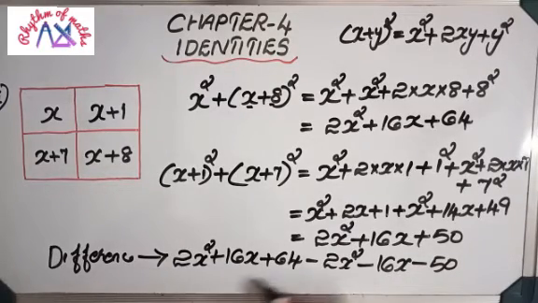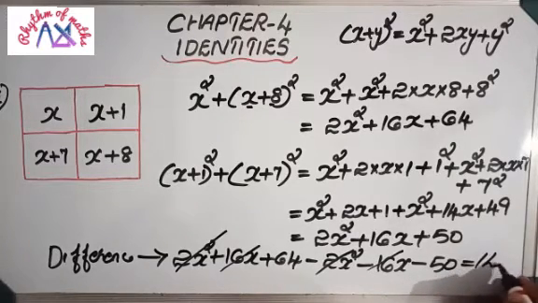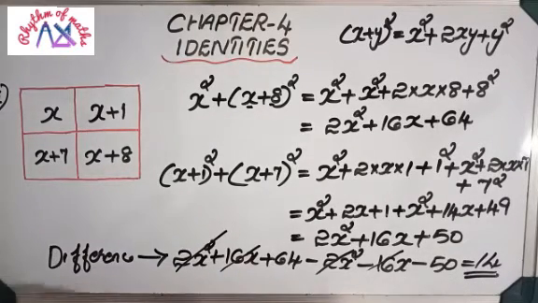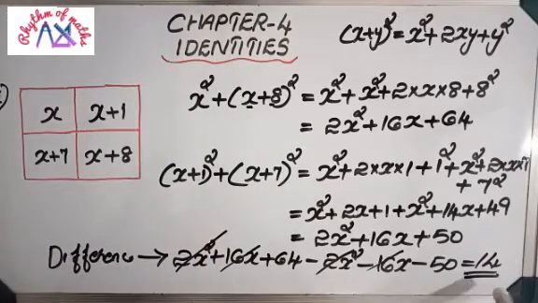Okay, now when you check you can see one 2x square here, one minus 2x square here. Different sign but same numbers that we can cancel. Now 16x, positive 16x here, minus 16x here. That also we can cancel. Now remaining is 64 minus 50. 64 minus 50 answer is what? 14. Okay. So by using algebra also we got the same answer 14. That means sum of squares of diagonal numbers, then its difference is always 14 for a calendar. Okay. Square of 4 numbers. So this is first one's answer.